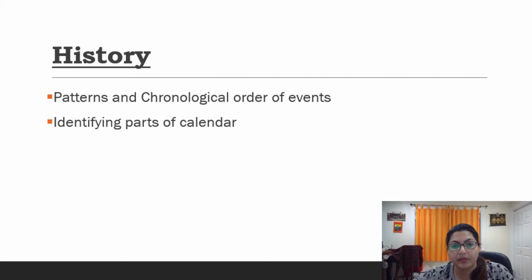Then we have identifying parts of a calendar, like how a month versus a day versus the week looks like. How the week is divided, how the dates are written as days, what day is written on which part of the calendar, and where to see the year number. They often do that in school, but I would just like date format writing and all. So we need to know reading a calendar and figuring things out. There are a lot of exercises on it, so when I do the individual lesson, I'll be able to give you a better idea.